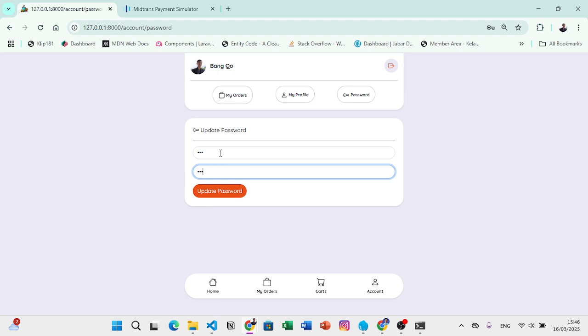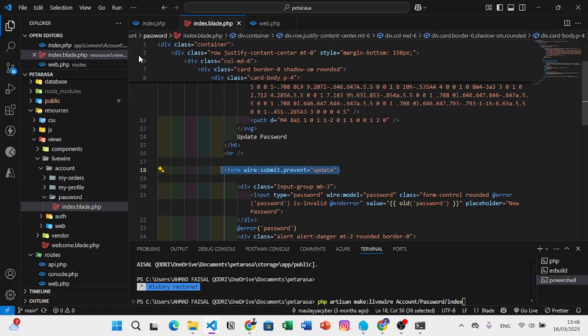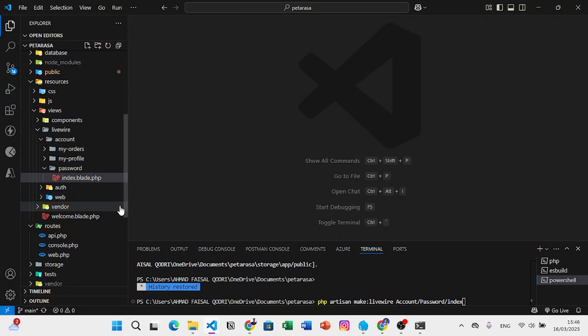Type. Okay, update password. Okay, the password is changing. Okay, this is working. It's completely working. And the next step, we go to creating the component hub. Go here again, delete, and then we go to the